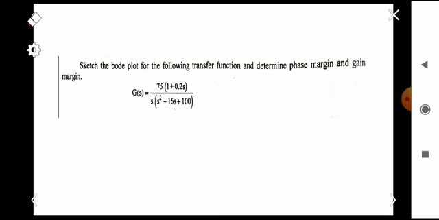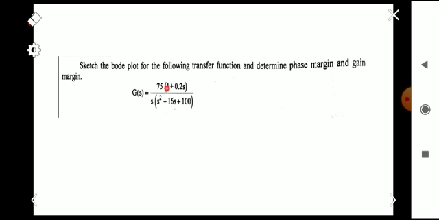And in the previous videos we were discussing the Bode plot problems. So here also, in this video, we are going to discuss a Bode plot problem. The question is: sketch the Bode plot for the following transfer function and determine the phase margin and gain margin. Our function is G(s) = 75(1 + 0.2s) / (s(s² + 16s + 100)). Okay, so this is our function, and we know that by observing the function there are